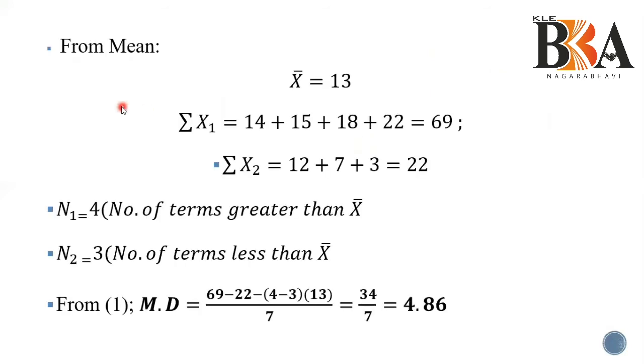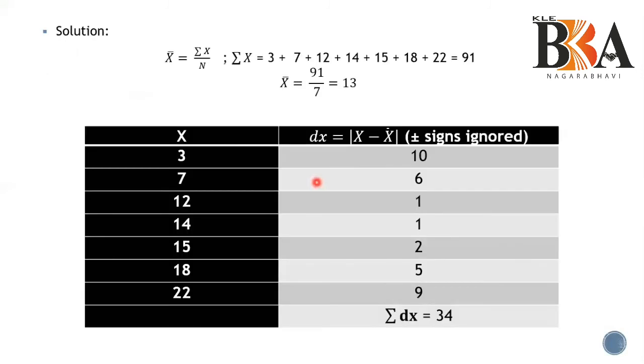For this, first we will find it with the mean, then we'll go for the median. For finding the mean, you have already got the arithmetic mean value, x bar, that is 13. In case you want to solve directly with the direct method formula, you have to find this x value. How? Total of your x series divided by n, when you do that you will get the value. You have already found it, the total divided by n, that is 13. Okay.